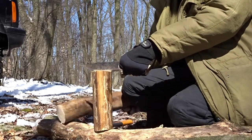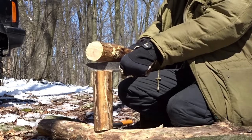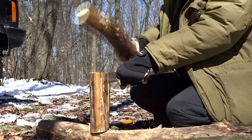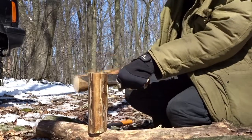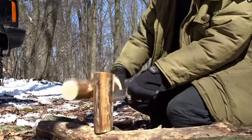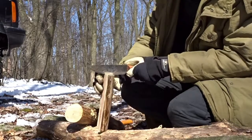And then you take another log. This is a piece of the log that I cut this one from, and just kind of start pounding it through. Now, if you ever reach a point where you can't hit it anymore because it's buried in the piece of wood, then you can come out and start hitting the tip here. There you go. That's how you do it. And you can keep splitting this down